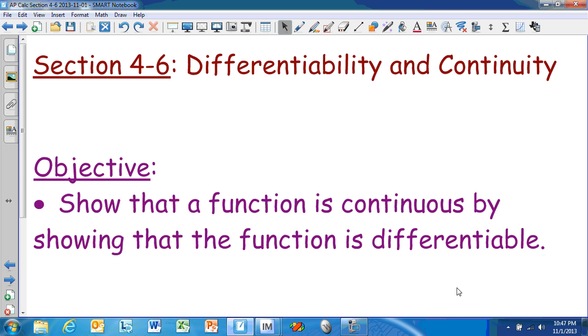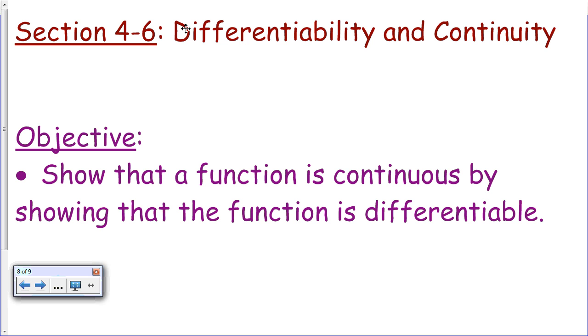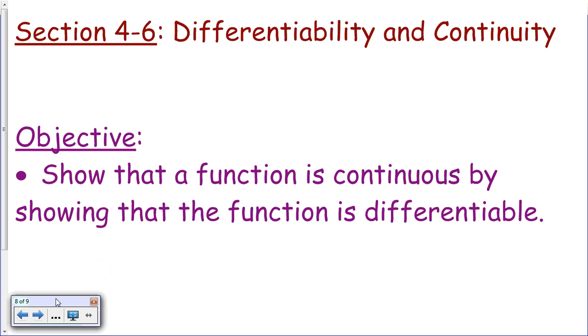Section 4-6 is on differentiability and continuity. And let me remind you of the objective of this section. It's to show that a function is continuous by showing that the function is differentiable. And you've worked on some problems now that you've been able to use that property, or its contrapositive, and either